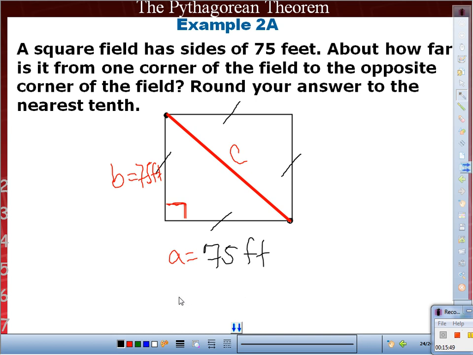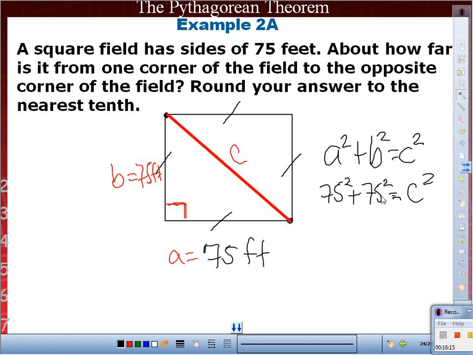All right. So step 1, write your Pythagorean theorem. A squared plus B squared equals C squared. Next, substitute. So then I write what? 75 squared plus 75 squared equals C squared. 75 squared is 5,625, is that correct? 5,625 plus 5,625 equals C squared. We're still not done simplifying, so this is